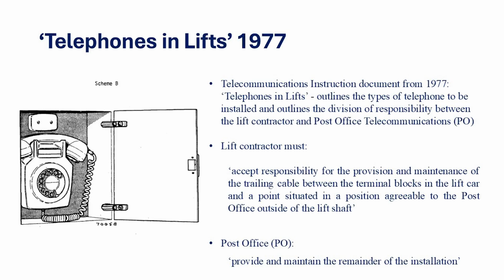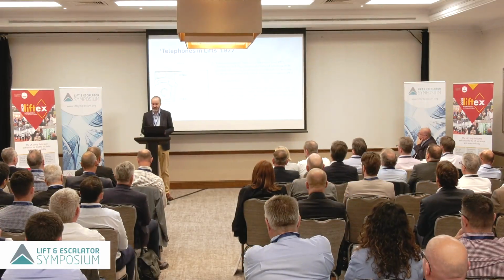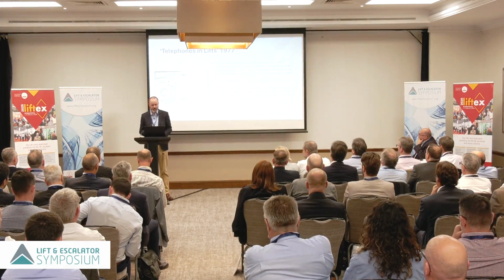Entitled Telephones in Lifts, it outlines the types of telephones installed and the division of responsibility between a lift contractor and what at the time was Post Office Telecommunications. As lift contractors, the responsibility was essentially to maintain the trailing flex, the connection between the lift and the outside world. The Post Office would then provide and maintain the remainder of the installation. And I've reproduced there one of the pictures showing